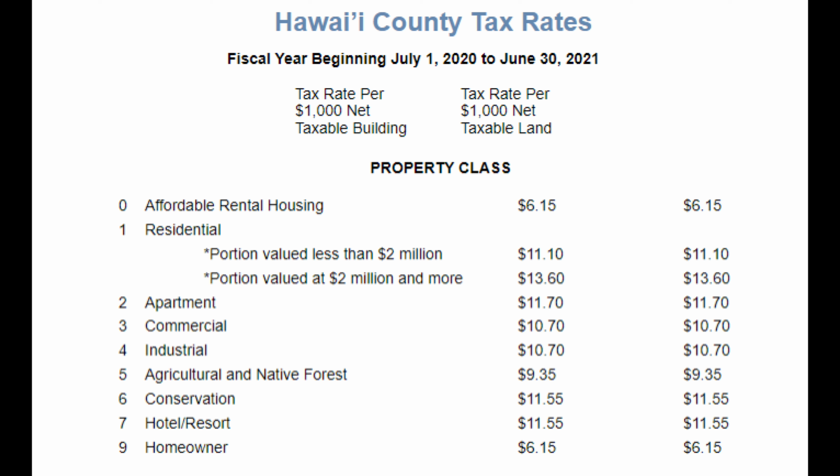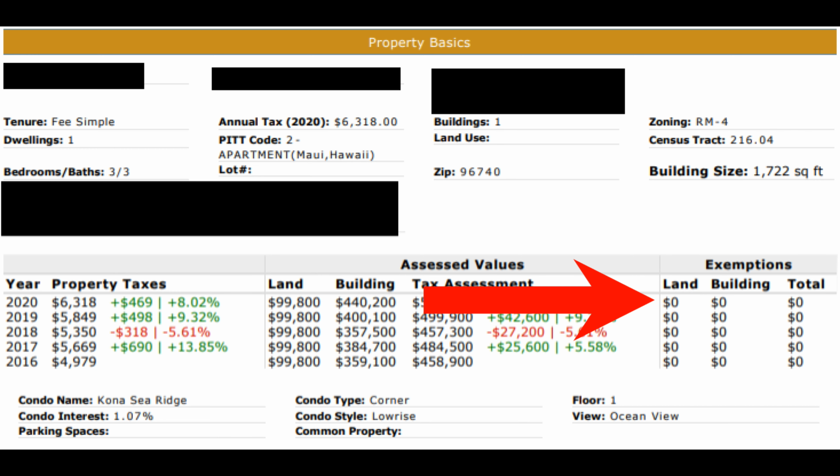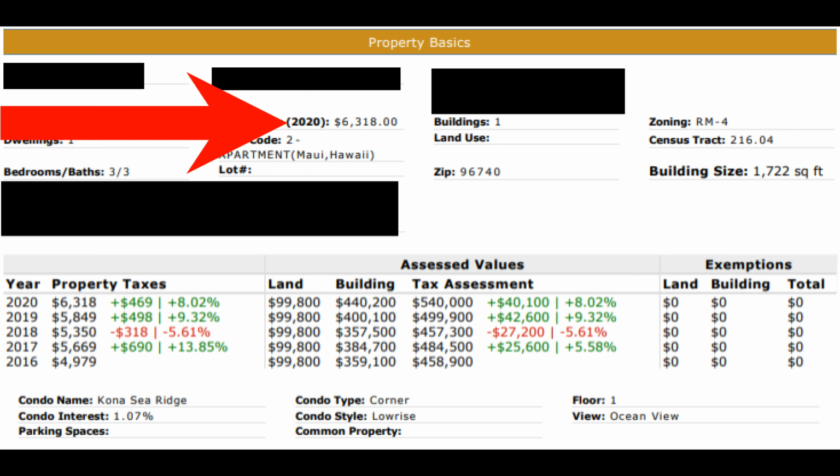Now that's for the property on the left. For the property on the right, we see the PIT code is 9. That's homeowner, and that's $6.15 per $1,000 of assessed value. So now we take our tax assessed value minus our exemptions, multiplied by our tax rate, and we come up with what we have here, which is really different. The non-owner occupant, paying the highest tax with no exemptions at full market value, pays